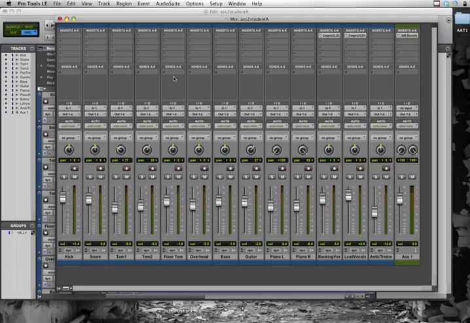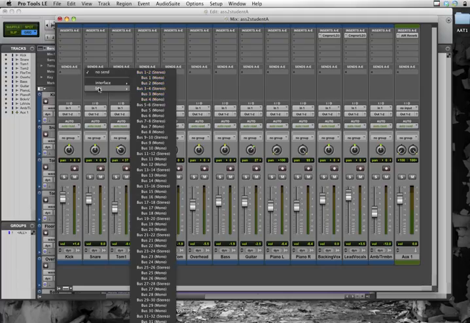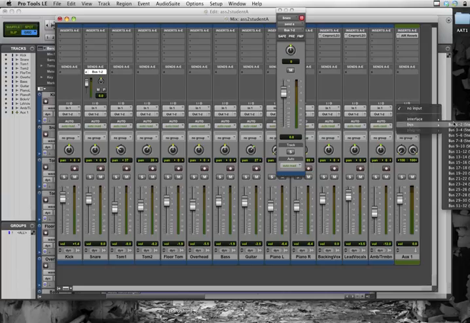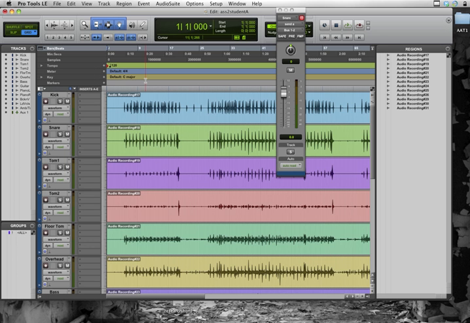Now, to do this, you need to click on the send panel, for example on the snare drum, and choose the first available bus. Importantly, you need to remember to turn the send up, so you need to actually apportion an amount out to the send, and then finally you need to set the input of your communal plate as the bus, like so. So if I then play the track back from a particular section of the song,